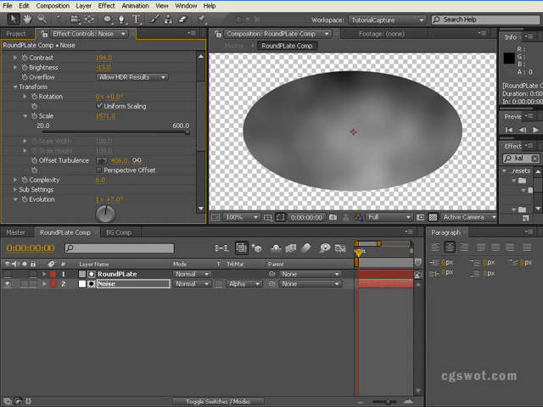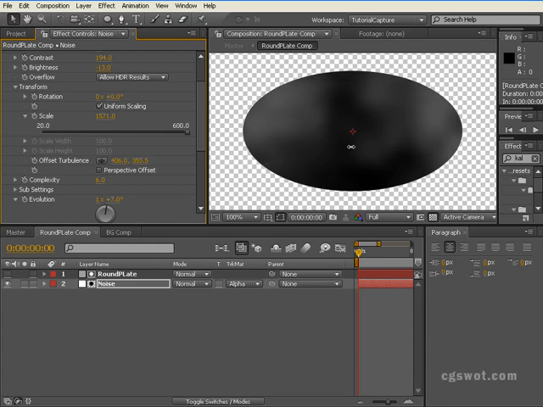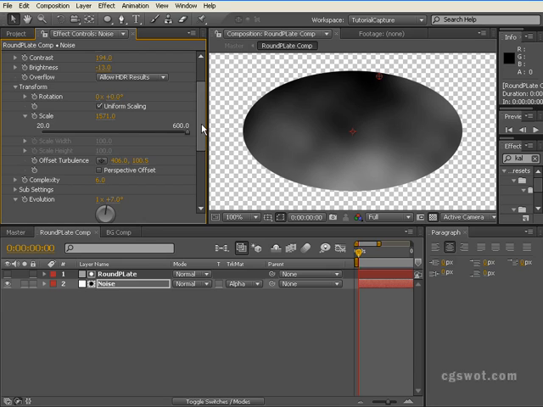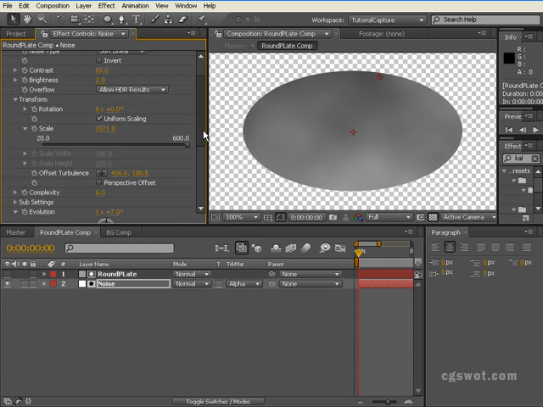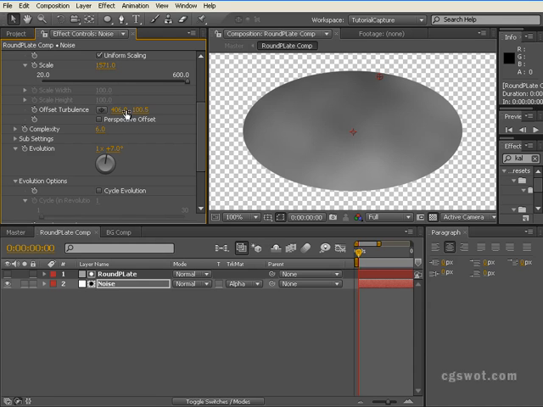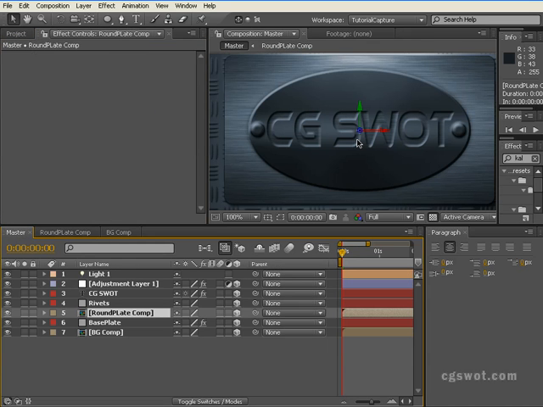Maybe just move the turbulent offset slightly, something like that, and then maybe even decrease the contrast a little bit, and brightness. We just got to play with this until we get something that we're happy with. Something like that's probably going to work okay. We'll go back to our master, and it's a little bit dark,